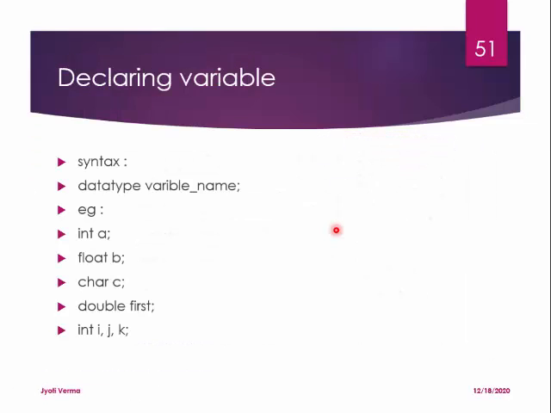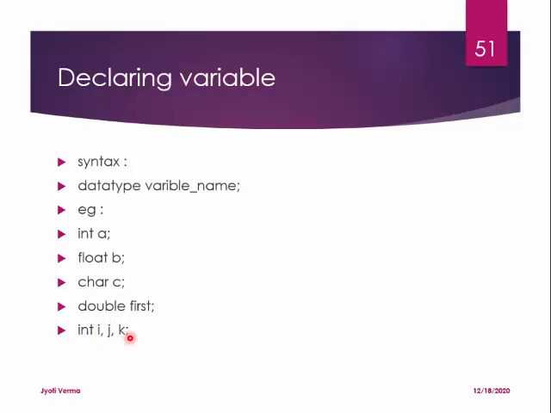Okay. Now variable declaration. A variable can be declared with the data type of the variable and the variable name. For example, int a means what? A is of which type? Integer. Float b means what? B is of type float. Char c means what? C is of type character. Double d. D is which type of variable? Double type of variable. If some variables are of the same type, then you can directly write int i, j